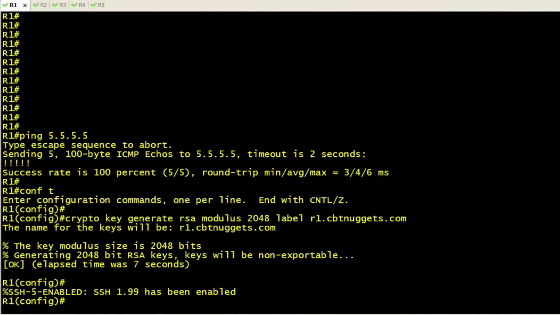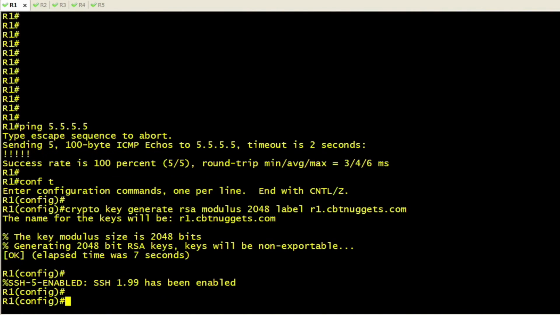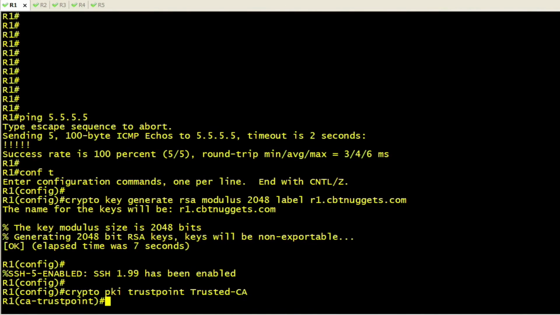Now that R1 has the public-private key pair, let's go ahead and tell R1 about this beautiful certificate authority. The syntax for that is crypto pki trustpoint, and then we're just going to use a locally significant name. In this case, we'll call it trusted-CA. Now R1 may be wondering,